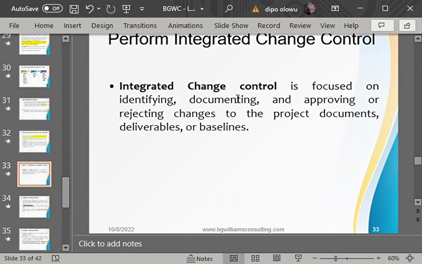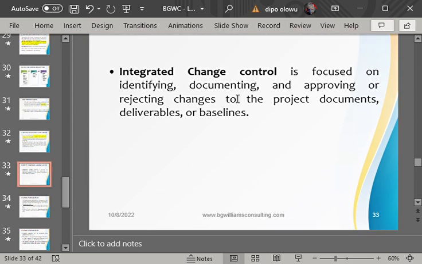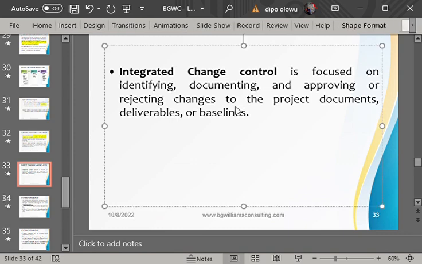The project manager has the power to make and authorize such change. I repeat, any part of the project changes that does not have direct impact on other constraints is the aspect the project manager has power to control or to change without going to the CCB board. Hello, did you get that?